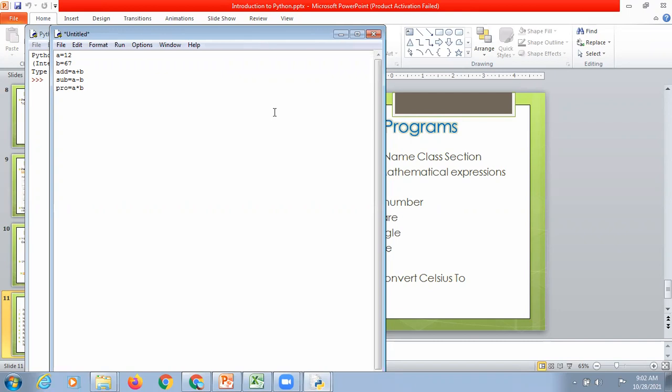Next is divide. Div equals to a. Here a larger number is 67, so I can write b divided by a. Okay. Now we have to print because this is what we have written so that computer can solve, but till now we have not written any command using which we can print an output also. So now this time we will use print